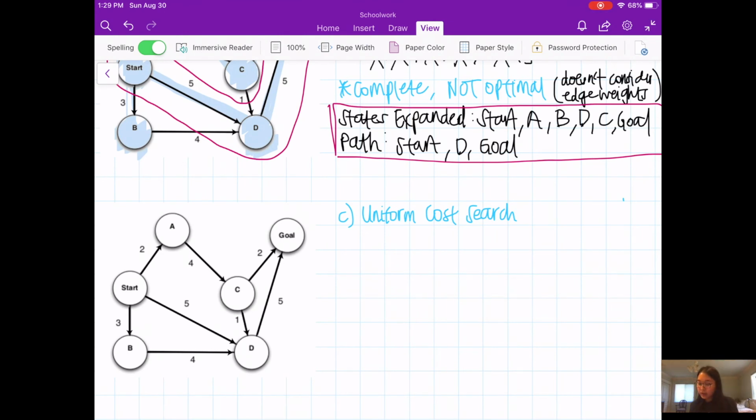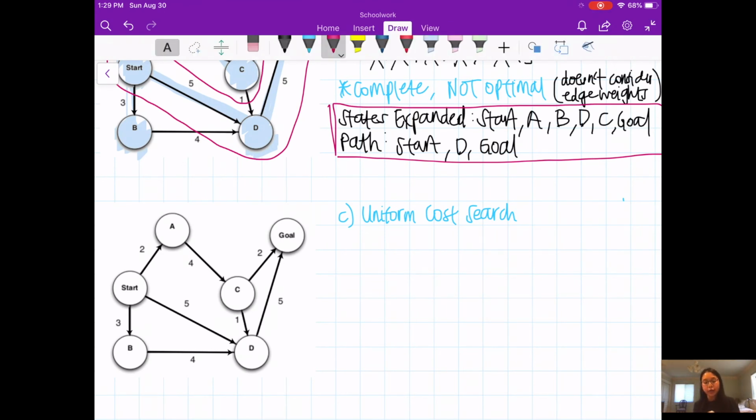So now with uniform cost search, we are actually considering the edge weights, and because of that, we always want to pick the cheapest node that's on the edge next. That's why we want our fringe to be a priority queue, so that every single time we take a node from this fringe, we are always taking the next least cost node.